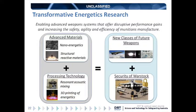But many of these systems, while they were applied for high-speed flight, have been applicable across domains that operate in the air, land, sea, and recently space access domains as well. So recent efforts in advanced materials and then manufacturing techniques necessary to fully exploit these benefits stand to introduce into service new classes of future weapon systems with better performance and operational flexibility than can be offered with today's level of technology maturation. So some of the key technologies here include nanoenergetics, structurally reactive materials, coupled with processing technologies that